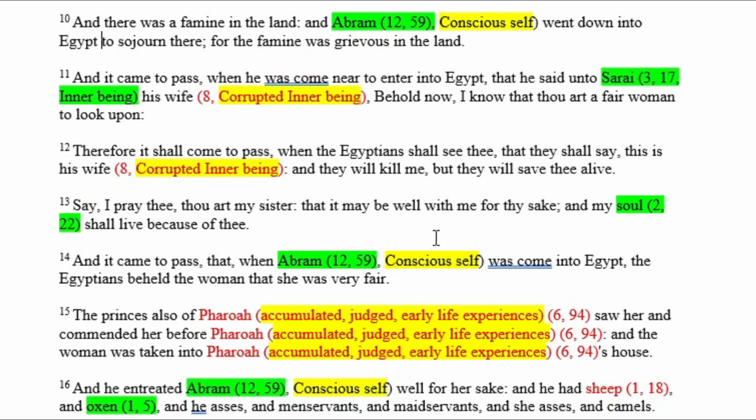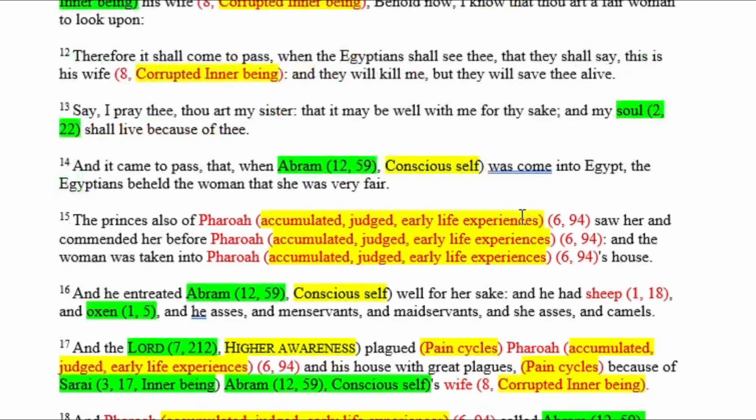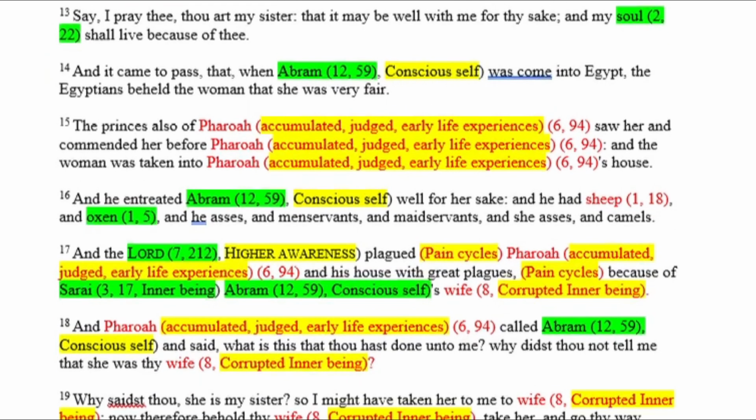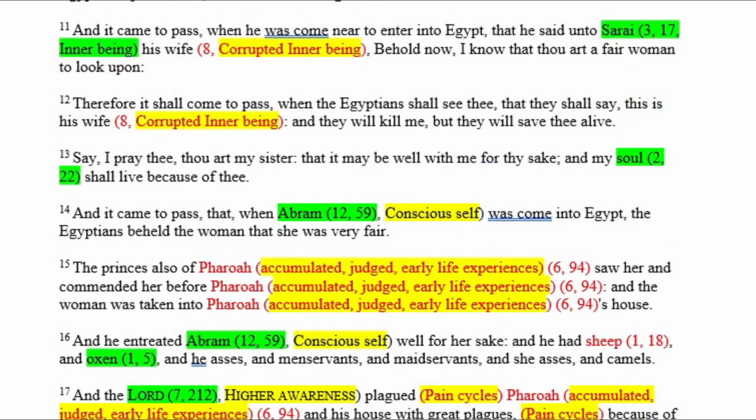They will kill me, blah, blah, blah. So this is just a way of carrying the story. The sister is, you're giving up your inner self to life experiences, and what happens as a result, those life experiences are that it's called having sex with. Why is that? There's an offspring as a result. And the offspring are held in the idea that you now have slaves and animals. So this is all of you.